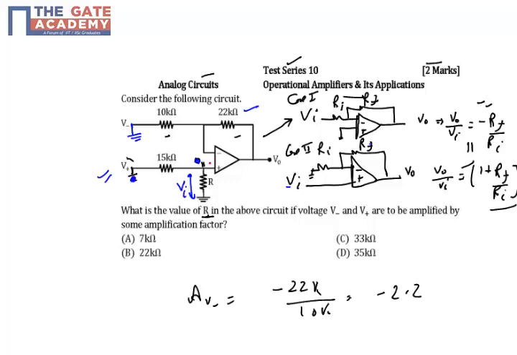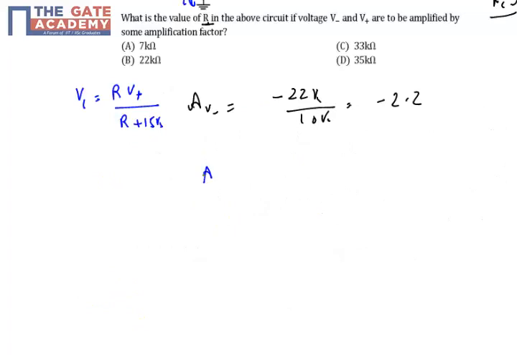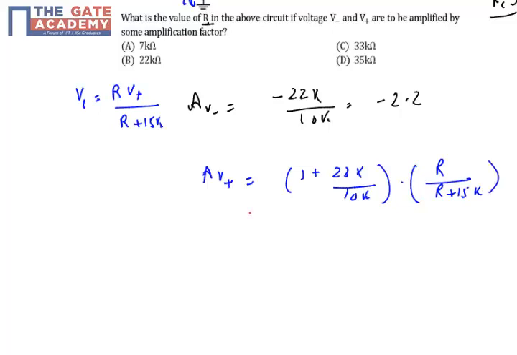Input current of the op amp is 0, so my 15k and R are in series. So my Vi is how much? R times V plus upon R plus 15k, right? So your non-inverting gain for V plus will be how much? 1 plus 22k by 10k times R upon R plus 15k, which is 3.2 times R upon R plus 15k. The question says that this non-inverting gain is equal to the inverting gain, which is minus 2.2. So basically your 2.2 is equal to your